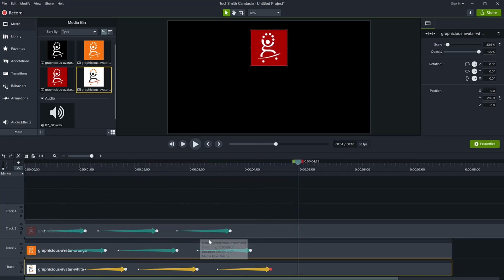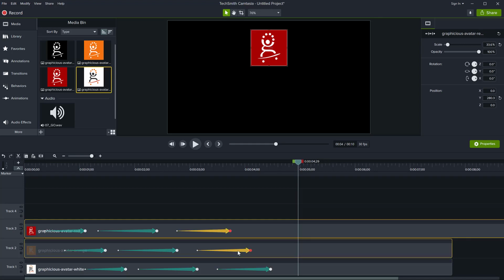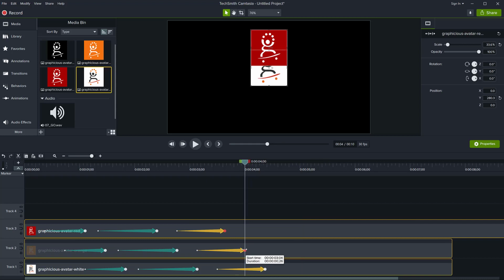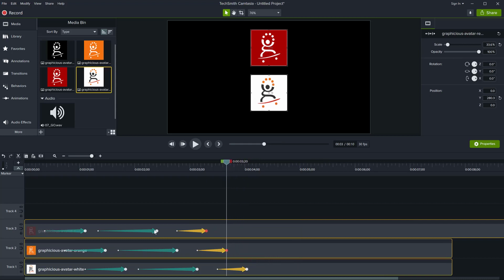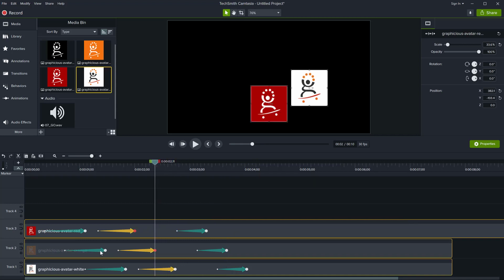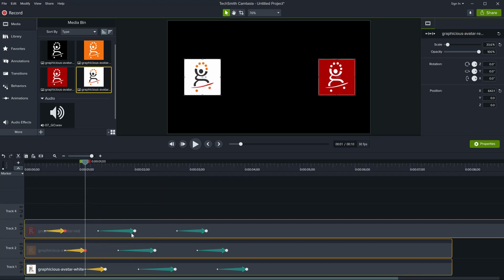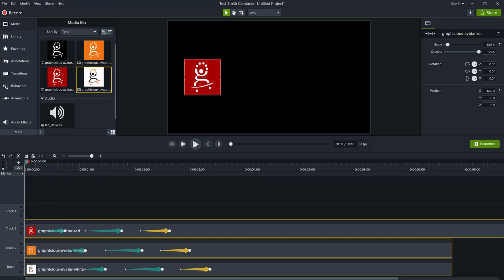Another trick: if you decide that the animations are too slow, you can speed them up by selecting all of them, and then you drag either one of them and all of them will change duration. So I can make my animations much faster if I just make them shorter, of course, like this. And if I want to move them closer, again, select them and move them, and they will move in sync, like this. So now they should move much faster.